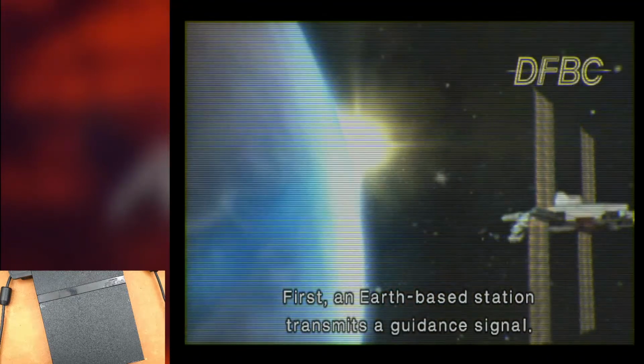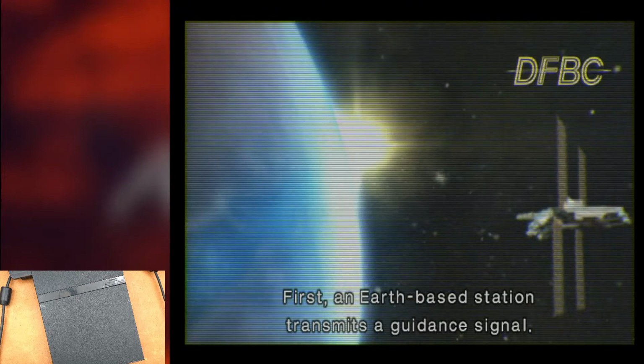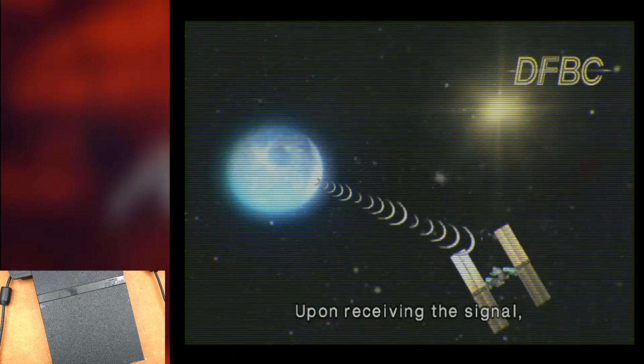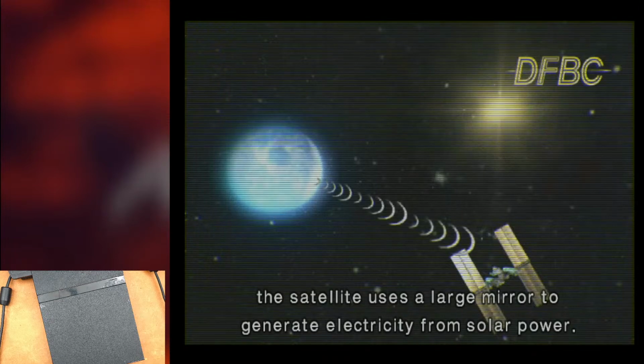First, an Earth-based station transmits a guidance signal. Upon receiving the signal, the satellite uses a large mirror to generate...